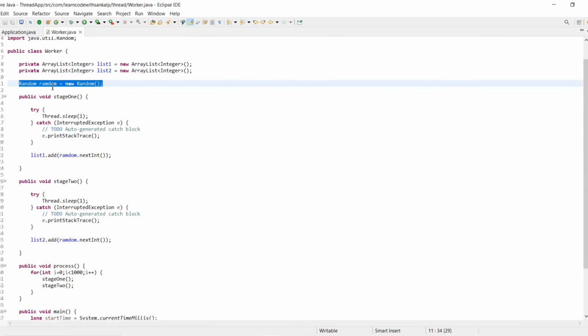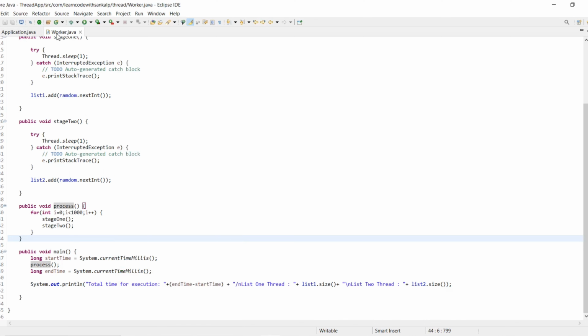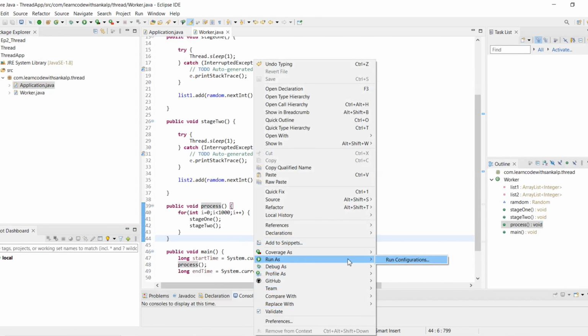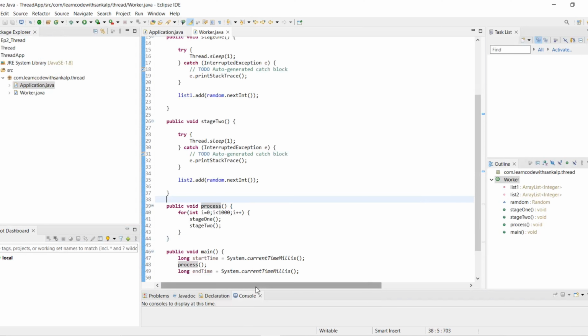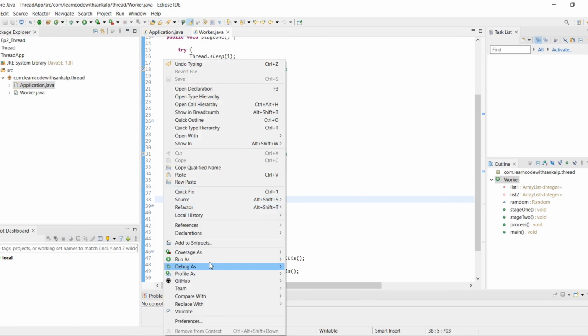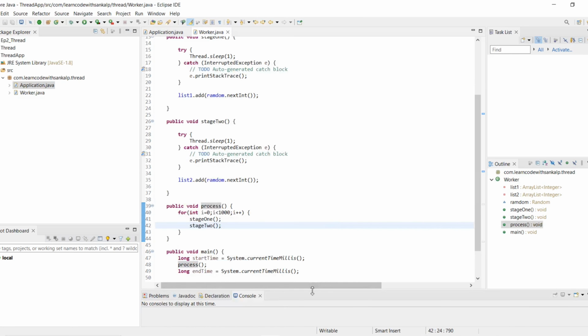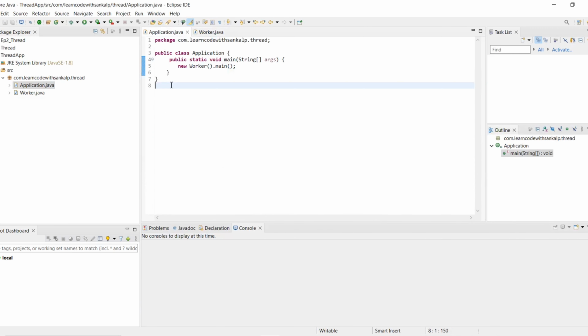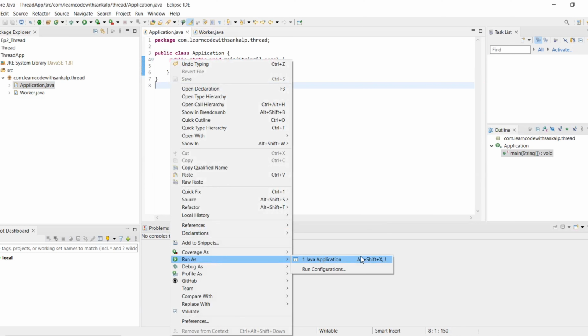Then we run this code. Inside the main method we run as Java application.